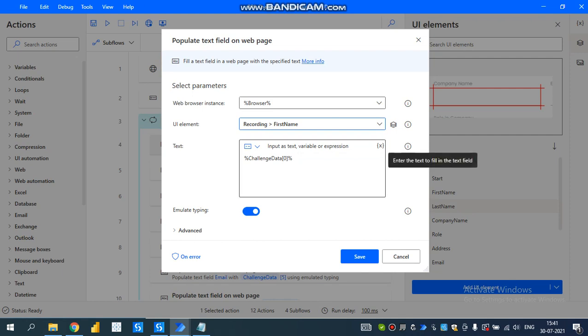This challenge data is nothing but a string. It's not an array at present, because we are looping, right? And this is the index number. We count the index from 0, right? That's why I'm giving 0 here, and save it.